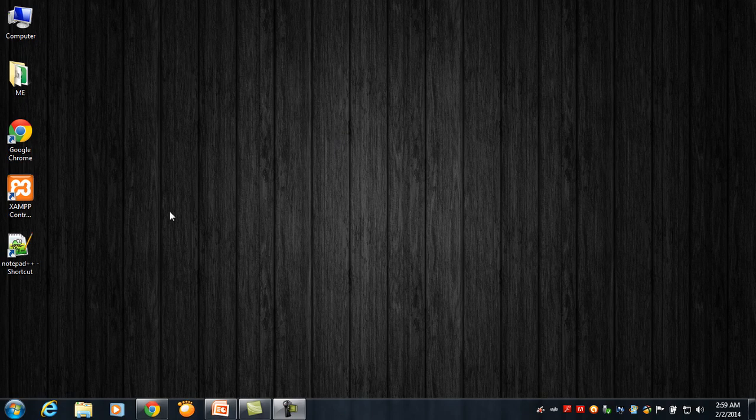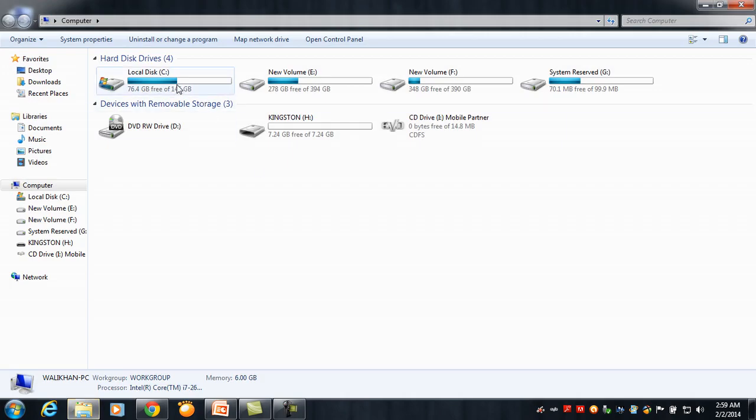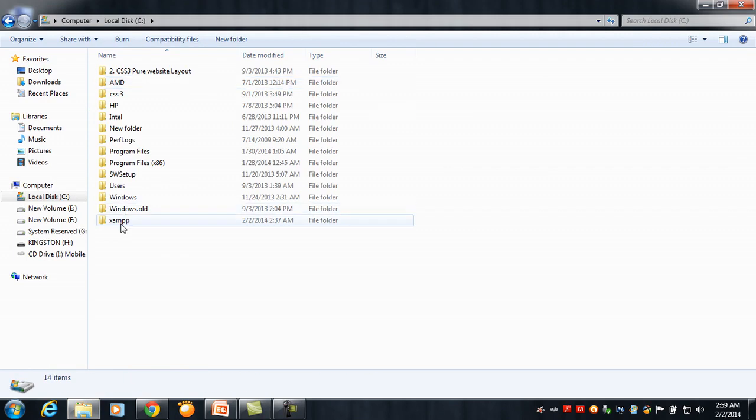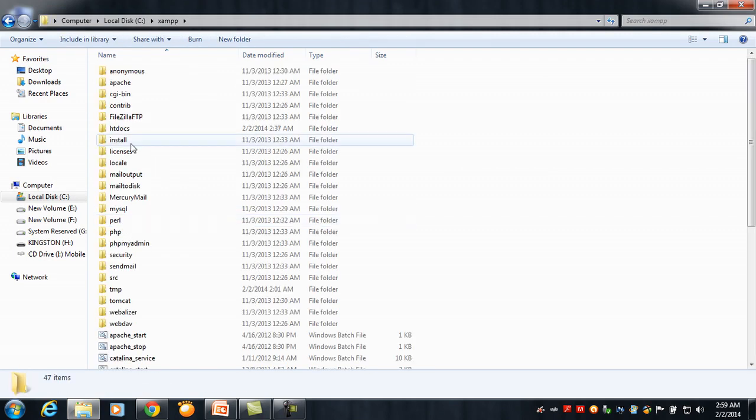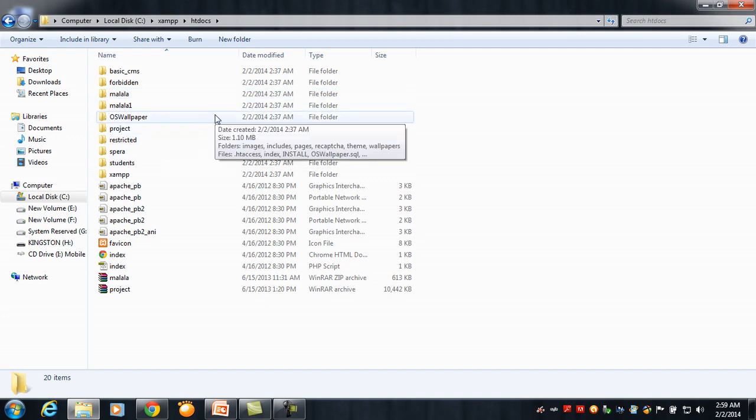In this first video, we will be going straight to my computer, and after that to C drive. We will find there a folder called XAMPP. Inside that we will find htdocs, and this is the root folder for this project, where we can save all of our PHP files and other folders, and after creating them we can access them on the local host